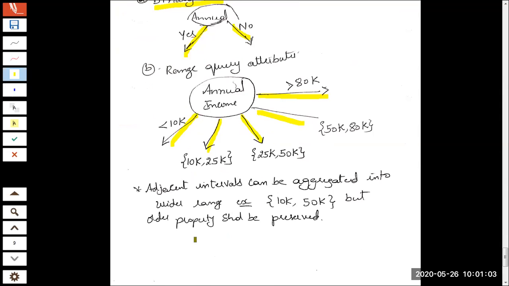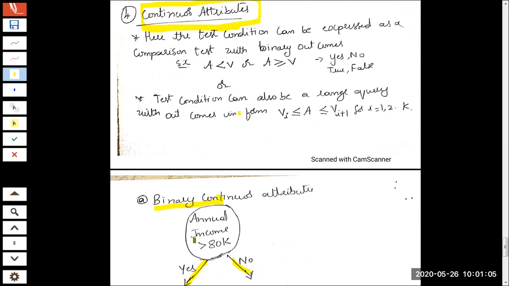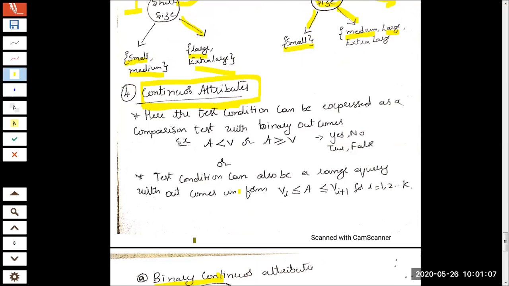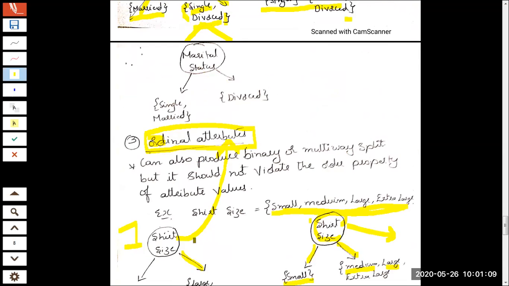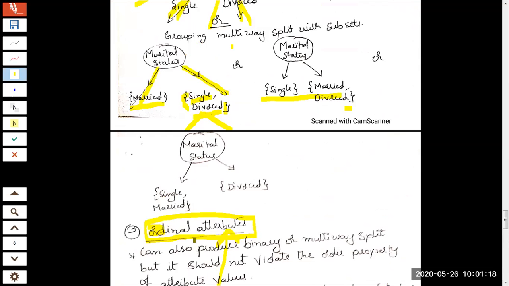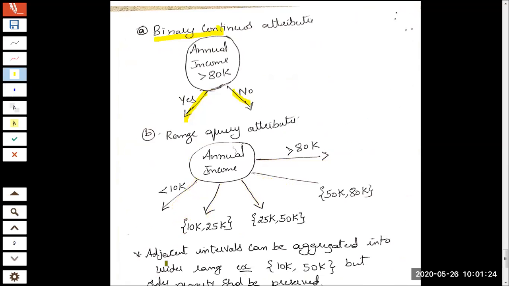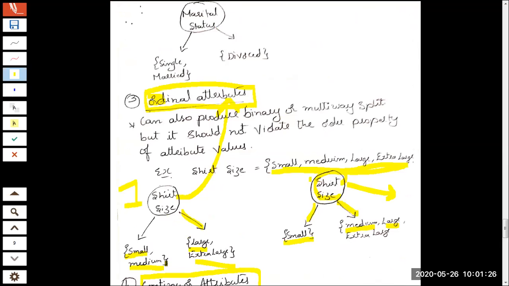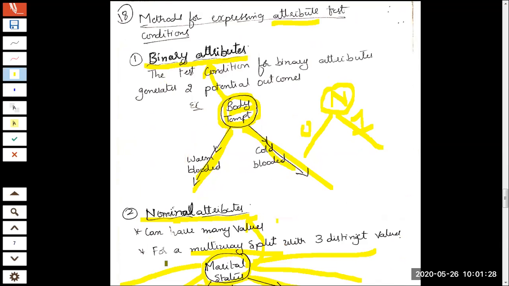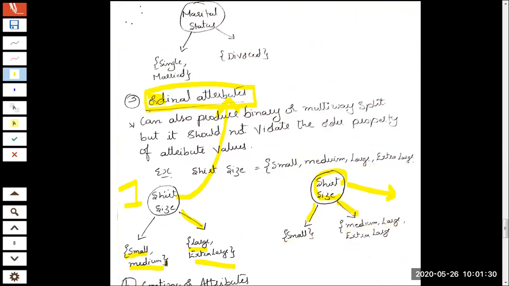Okay, now continuing. These are the four types of attributes that will be utilized in a decision tree. Depending on how the branches are being taken, you can associate a name to the attribute. Please go through all these contents and join me in tomorrow's session. We will see a few more aspects of decision trees and we'll start with solving problems.